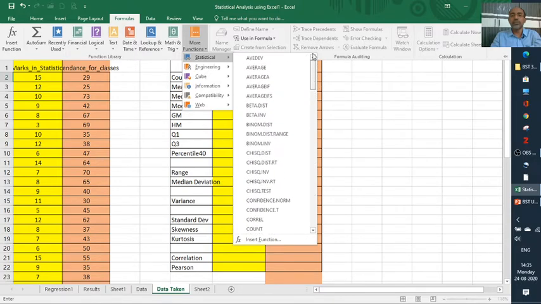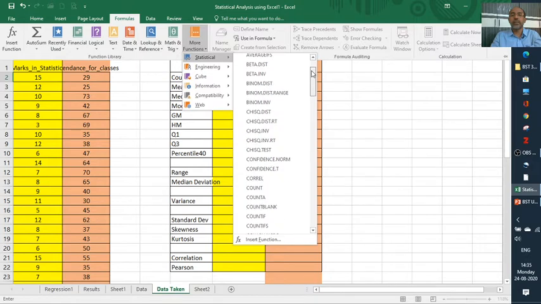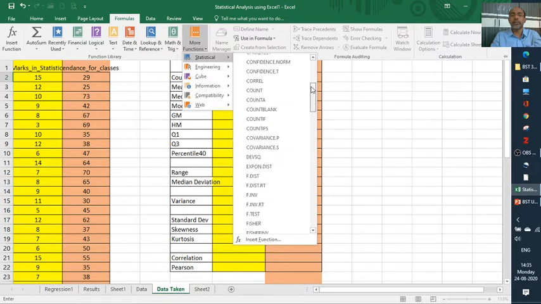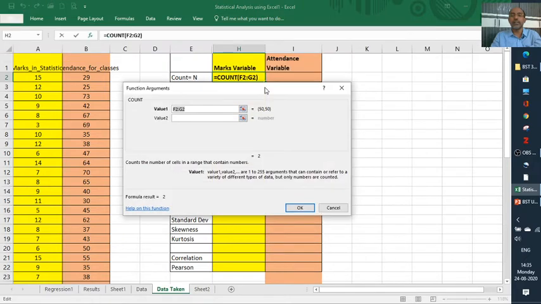They may be used by statisticians for high end and low end purposes. So we use here for the time being some of the important functions, such as what I said, COUNT. Count is a function.